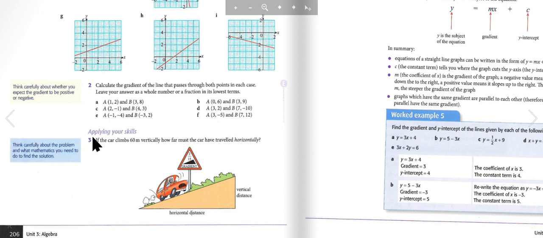Applying your skills. Question 3. If the car climbs 60 meters vertically, how far must the car have traveled horizontally? So the gradient is 2/15. So